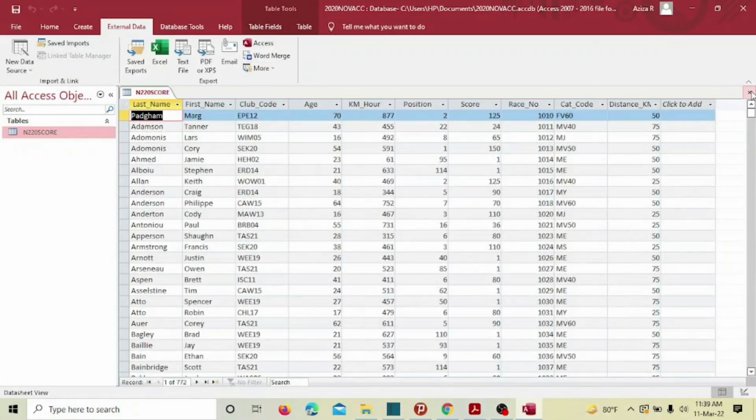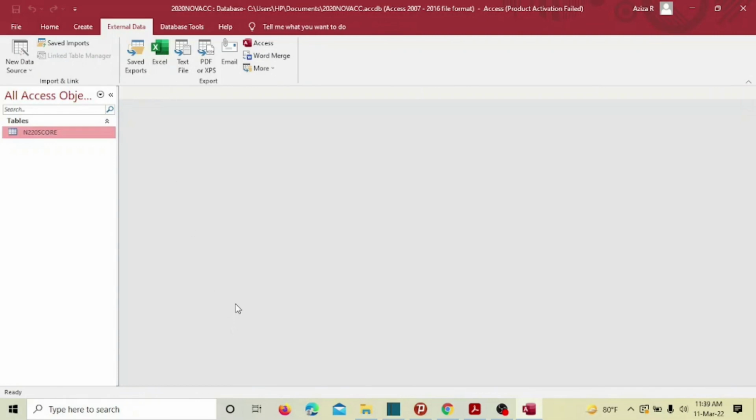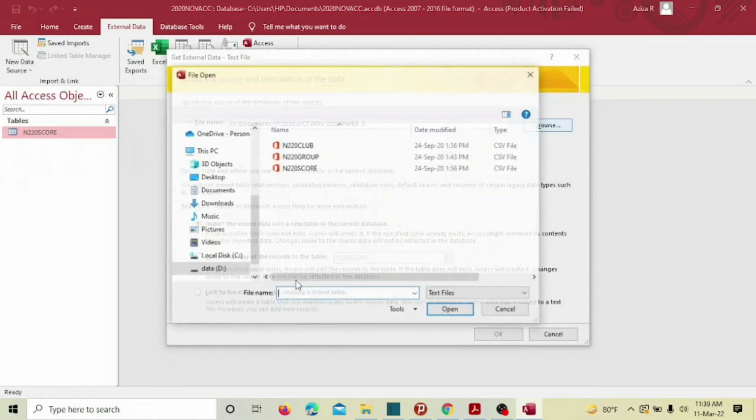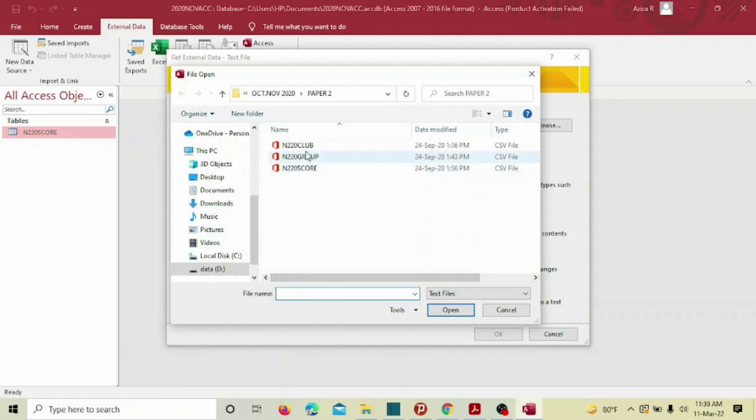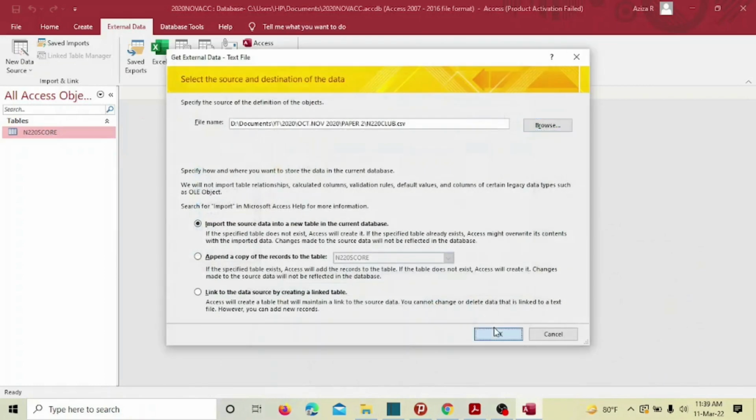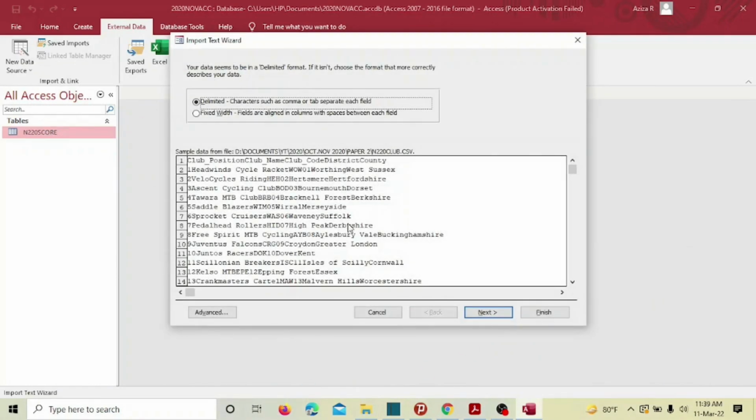This is done. Just close it and keep. Another file we're going to import. So external data, new data source from file, text file. Here browse, and now I have to just take clap. Is it clap? It's clap. Double click that. Next. Here we have a lot of data,